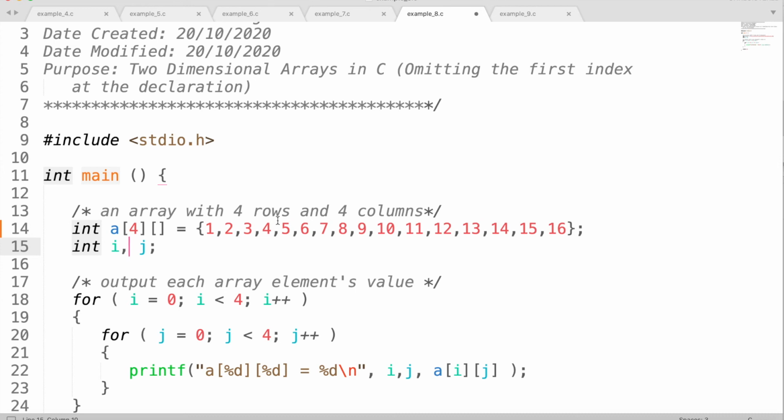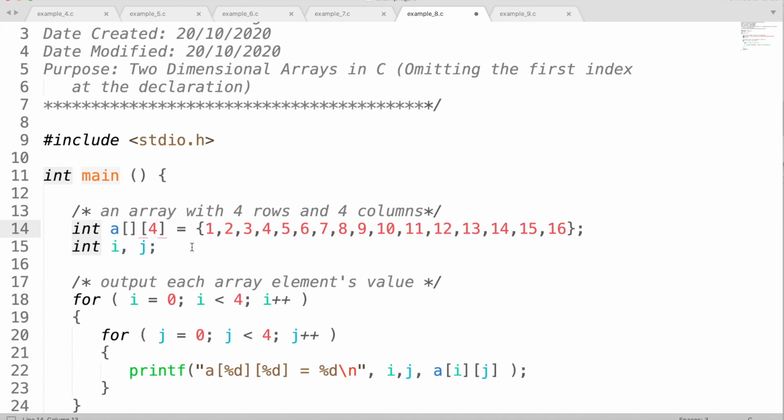If you just specify 4, then am I going to take two values in each row, or am I supposed to get 3 values or 4, like this? But if you specify the second dimension, then the computer can understand, okay, I want 4 elements in each row, then I can split whatever the 16 elements that you have provided by putting 4 elements in each row of my 2D array. So that is how you can skip your first dimension in your array declaration.